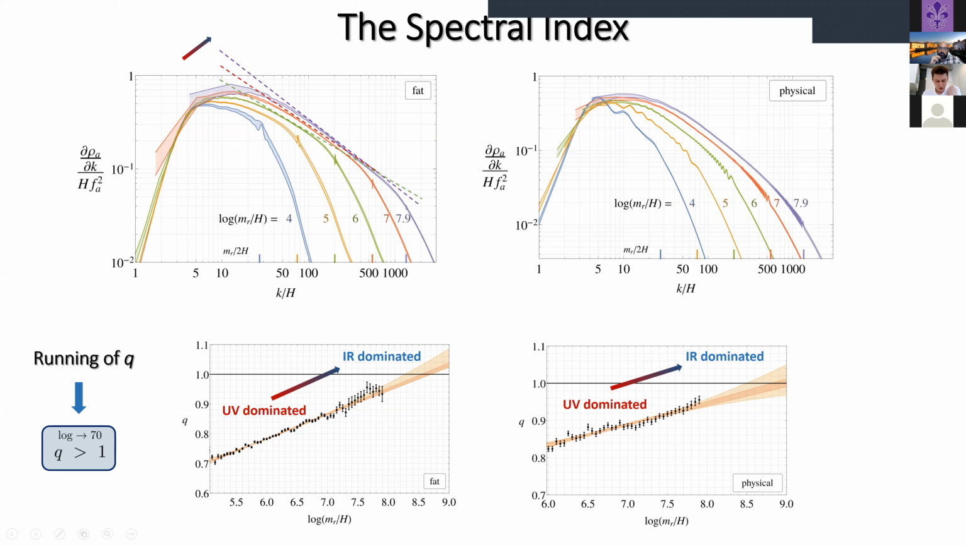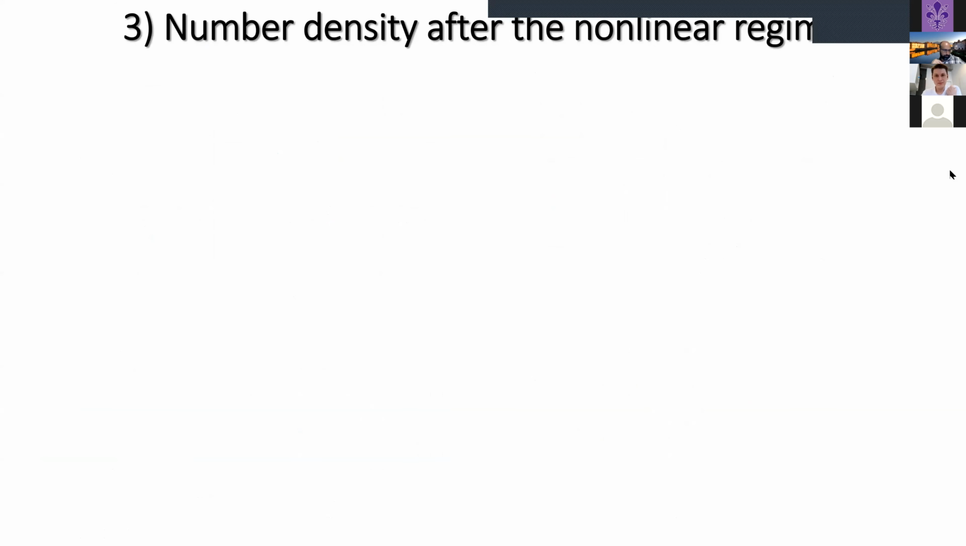So last, we need to understand what is the number density after the non-linear regime that happens at the QCD transition. So we understood that at log equals 70, when the system of axion strings is destroyed, the number of strings per Hubble volume is about 15, and the spectrum is IR dominated. And the spectrum of axions would be so these axions would form some waves that have